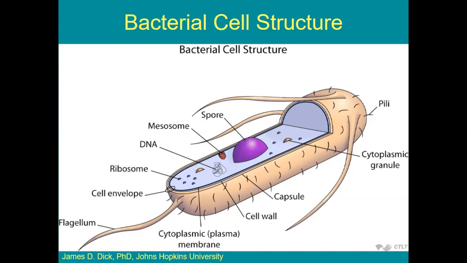This is the cell structure of a bacteria. You can consider it to be a bacteria, meaning a prokaryote. You have a spore, DNA, 70S ribosomes, a flagellum, and small granules. Can you see something is missing in this? When I say it is a prokaryote, you can see there is something missing.